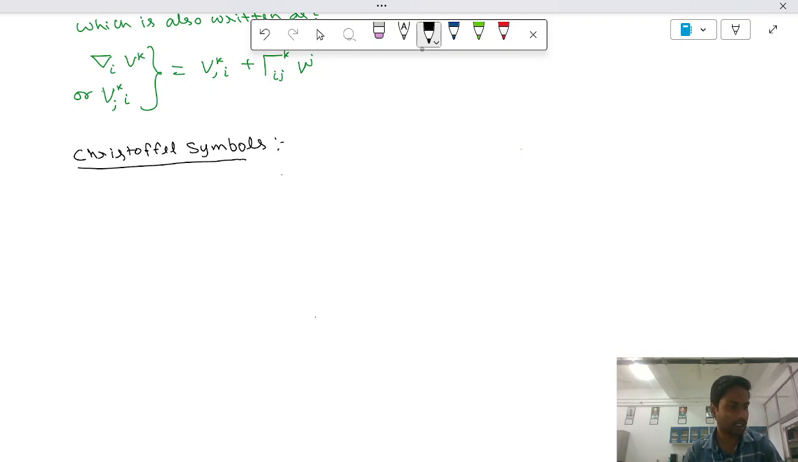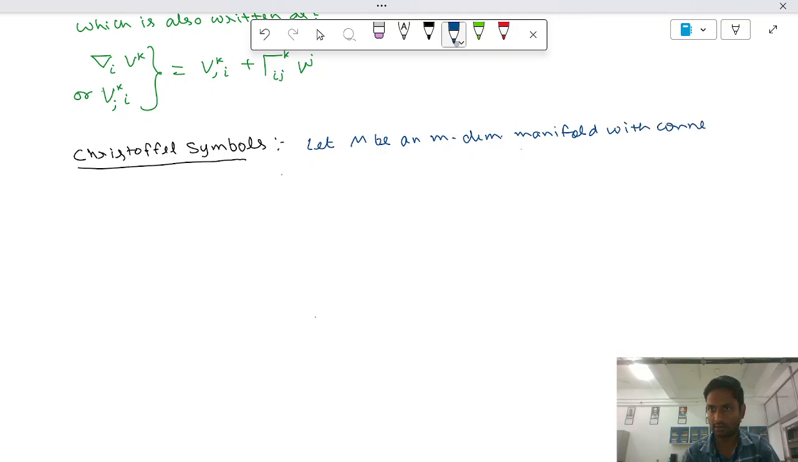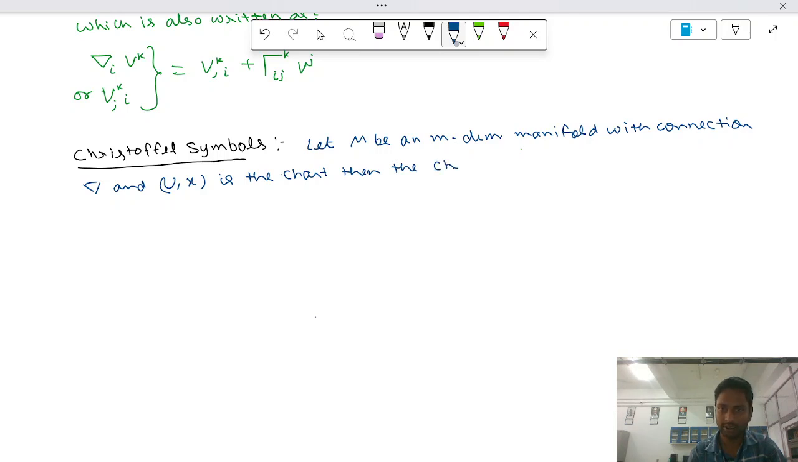We have seen where they arise and they are quite important. So the simple definition is that if you have, let M be an m-dimensional manifold with a connection nabla, and (U, x) is your chart, then the Christoffel symbols or connection coefficients